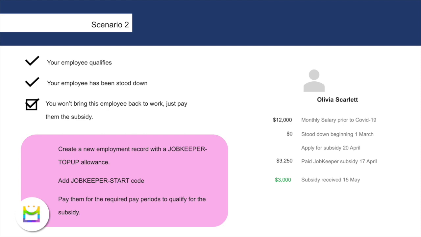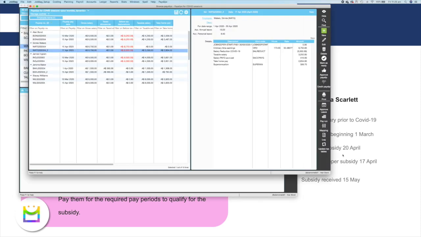So scenario 2 is your employee has been stood down, but you won't be bringing them back to work. You're just going to be paying them the subsidy. So in this instance, I said, okay, Olivia Scarlett, she had $12,000 as a monthly salary. She got stood down. We're applying for the subsidy this month. So we're now going to give her the top up for the month of April and thereon, at least for the time being. So when I go into Olivia Scarlett,